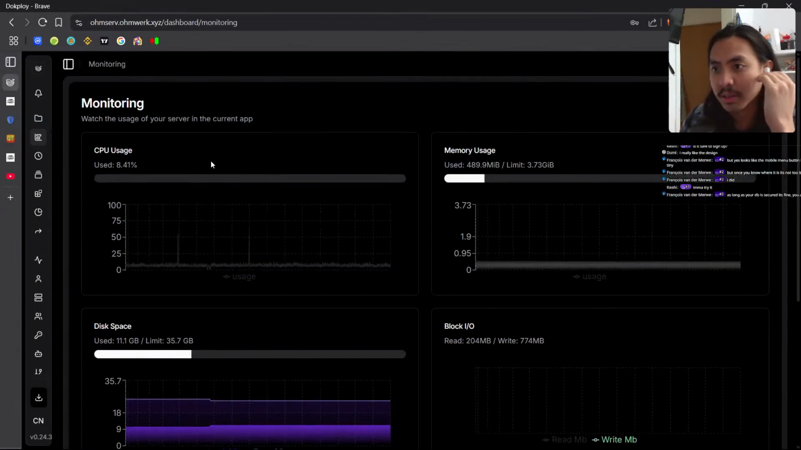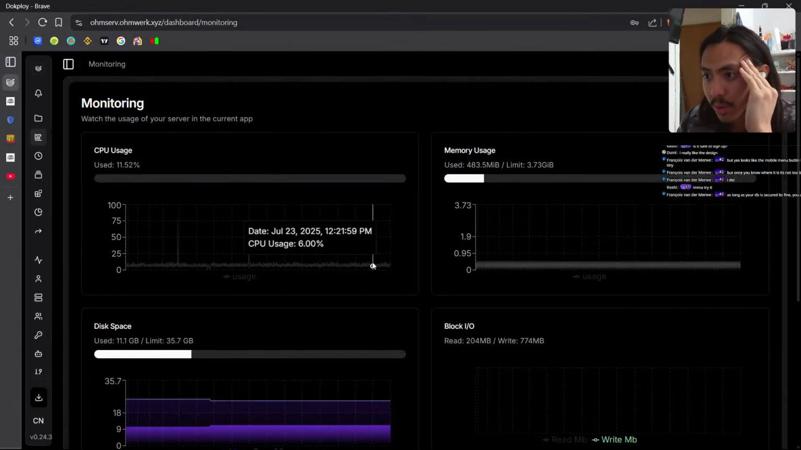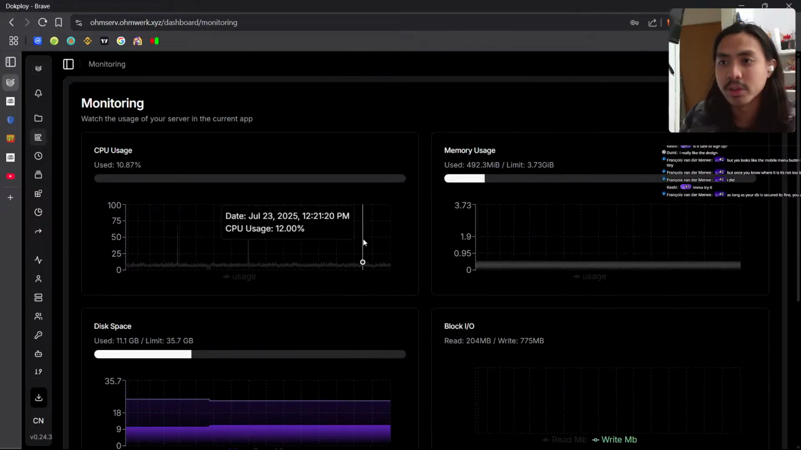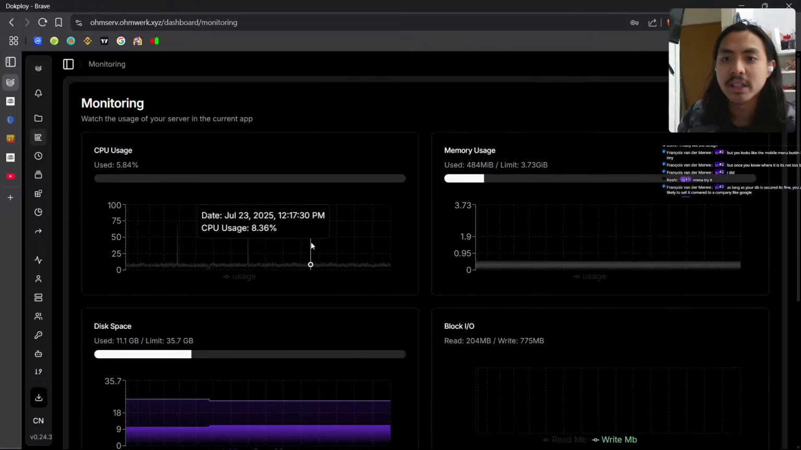I want to check the server as well. Okay, we're good. We're still hovering at 10 to 15. RAM usage is still good. Storage is also still good. So let's see how much. I think,